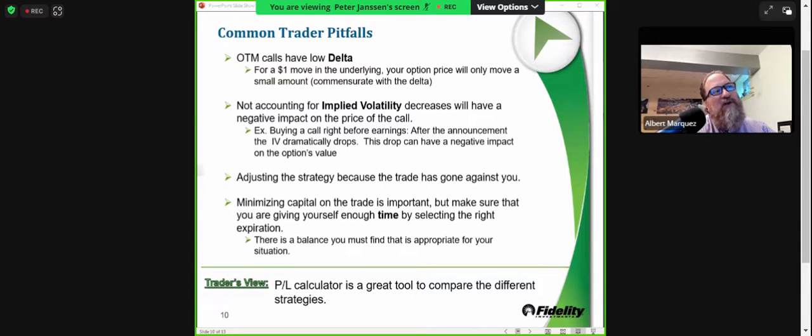The issue is that if you don't have the timing right and you're buying strictly low delta options, it may not have enough time for it to move and actually make any money before it just kind of decays and doesn't go anywhere. As we get closer and closer to expiration, it's going to be more and more difficult for those low delta options to start moving.